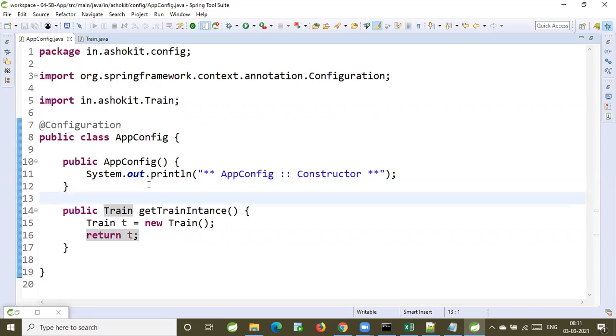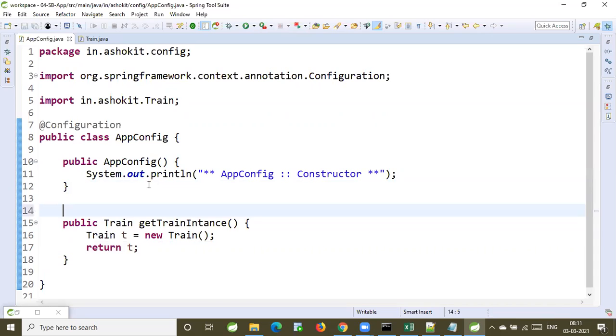But my requirement is, I want to tell the IOC, hey IOC, just call this method, I will give you the object, and you consider that as a Spring Bean. Did you understand my requirement? Earlier for all the classes, I represented them as Spring Beans, and IOC created the objects and managed them. But now I have a special requirement. IOC, you don't create the object for the train. I will create it and give you the train object. You consider that as a Spring Bean.